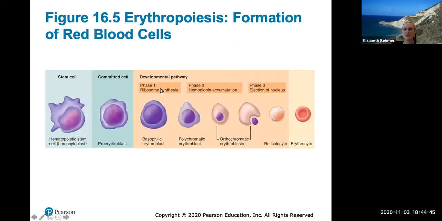And this just shows you how here's the initial stem cell and how once it commits, so once it forms past a certain step, that commitment step will go on and form an erythrocyte no matter what.